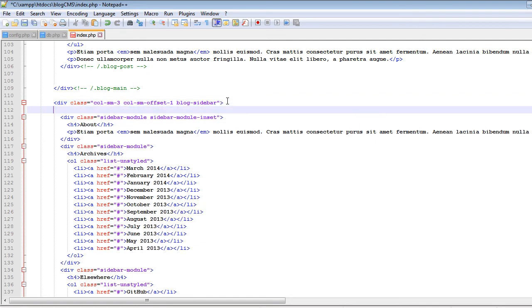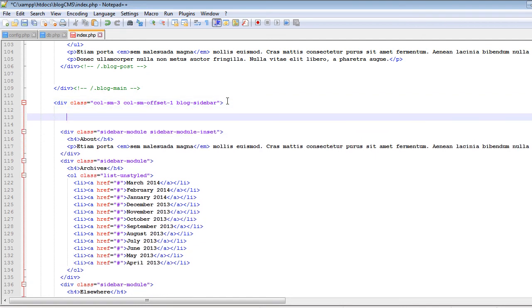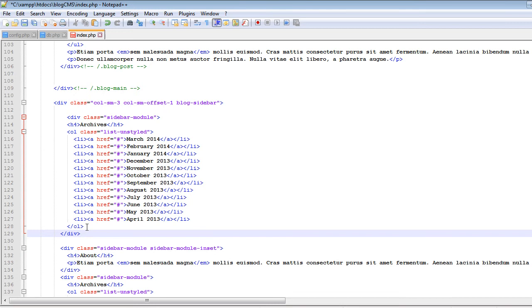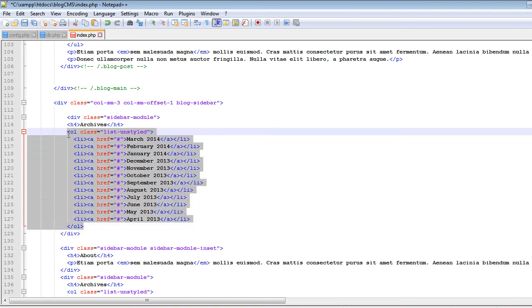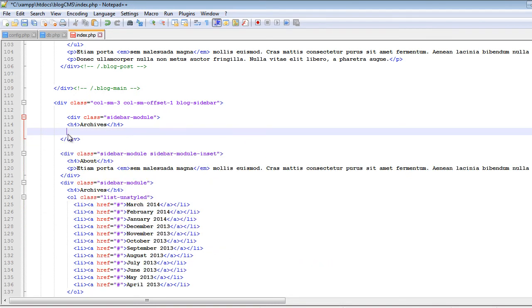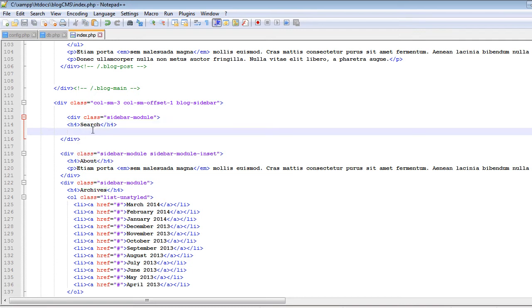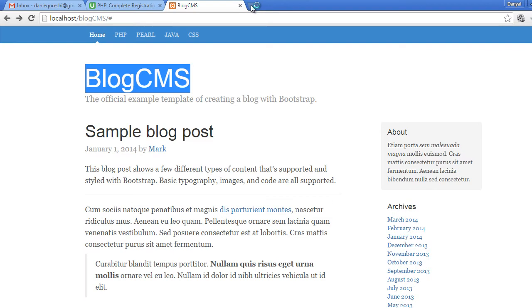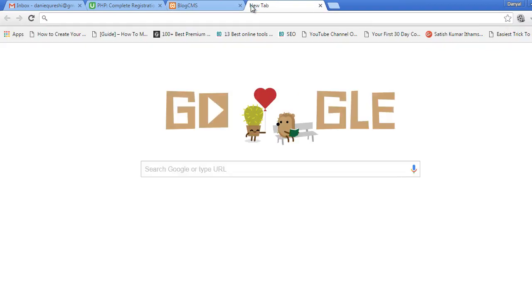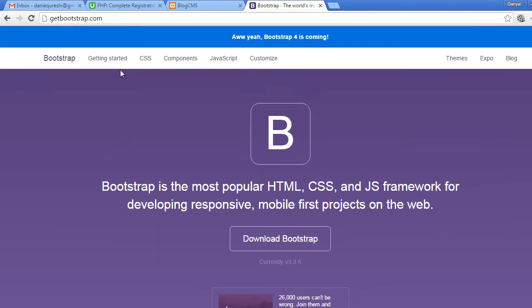So paste it here, and we want to remove this ordered list, and we will change the title to search. And now let's get the code for the form. So we will get the code for the form from getbootstrap.com. So let's go to getbootstrap.com and click this CSS link here,